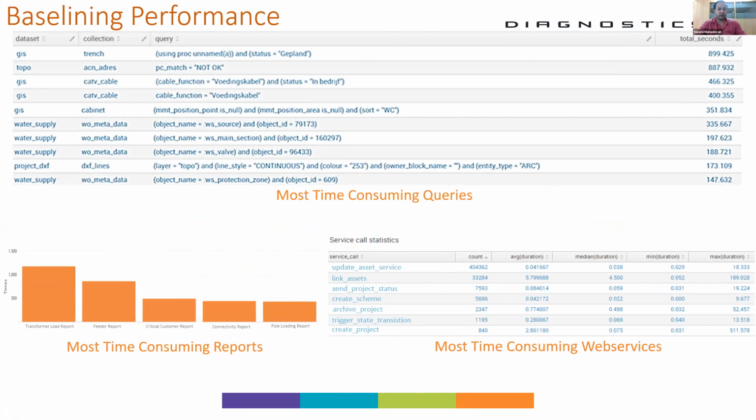So with Diagnostics in place, all the client has to do is take a look at these dashboards and document the pre-upgrade performance of the critical functions. Also, these dashboards that you see, and any dashboard that is available in Diagnostics, along with their statistical data, can be exported onto a PDF, which the clients can then attach to their baseline performance reports.